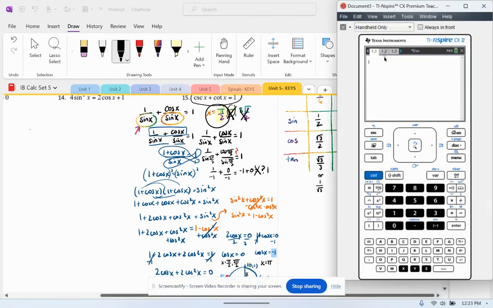And then just to see this graphically to deepen your understanding, right, I graphed cosecant of x plus cotangent of x. That was the left-hand side of the equation. I graphed the right-hand side of the equation, 1. I had my calculator in radians. I changed the interval to be from 0 to 2 pi, and these two graphs only cross one time at 1.57, which is equivalent to pi over